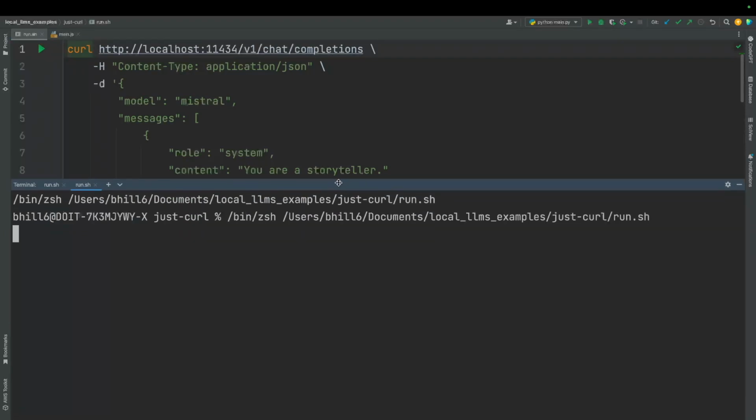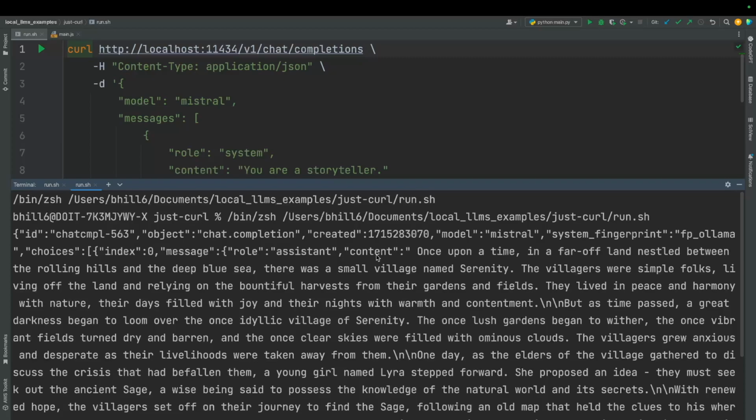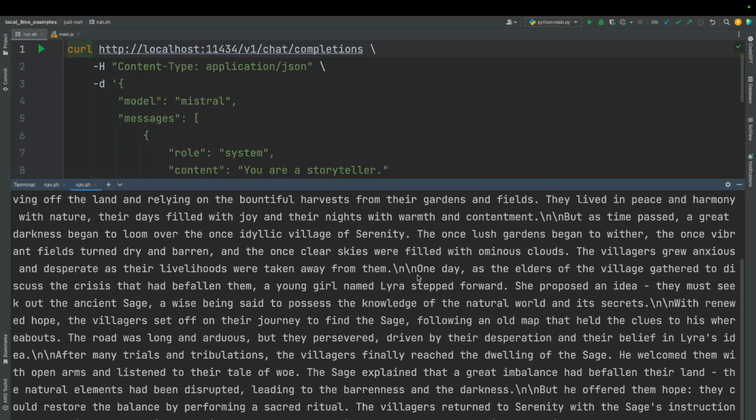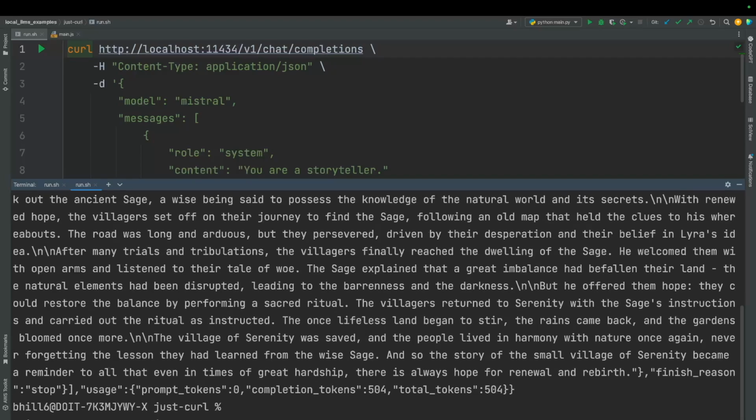And so this is going to wait until the results are completely done before it sends it back, because we're not doing streaming right here. And so it's off crunching numbers, generating words, and we're done. And it generated a story. And here we have "Once upon a time in a far off land." Yeah, it's "on a dark and stormy night." It's going to be full of stereotypes and tropes. And, this isn't literature, but there's your fairy tale, completely original, but made from pieces of every other fairy tale